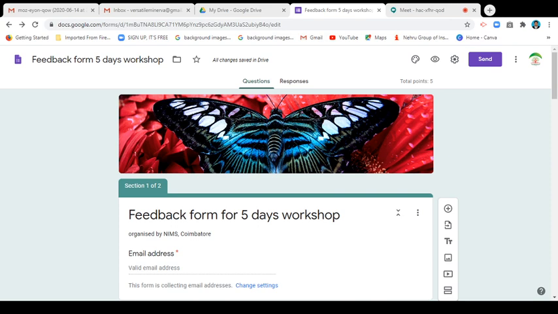At that time, as the organizer, you go to your feedback form and open it once again. Once you open it, the certificate is not generated automatically. Or if it is generated, it is never sent to the participant because your per-day limit is over. You can send it the next day only.